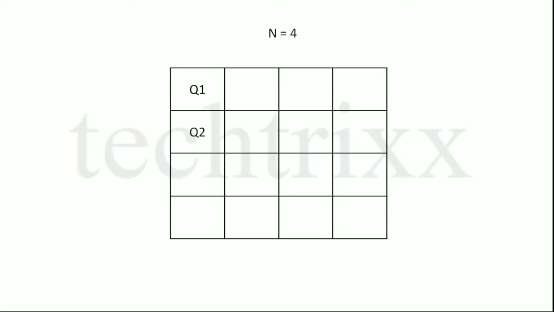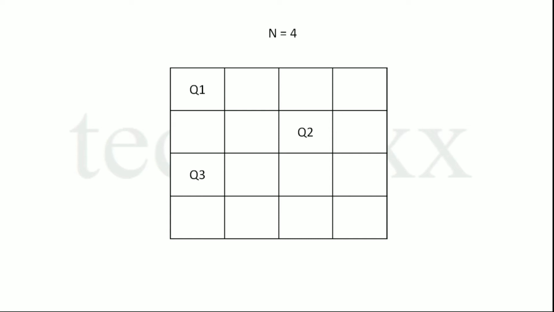At first we will place queen 2 in the first column of the second row, but we can see that queen 2 can be attacked vertically by queen 1. So we will change this position of queen 2 to the second column. But again queen 1 can attack queen 2 diagonally. Now we will try to place queen 2 in the third column, and that is perfectly fine as no queen is under attack. Now we will place queen 3 in the first column of the third row, but it